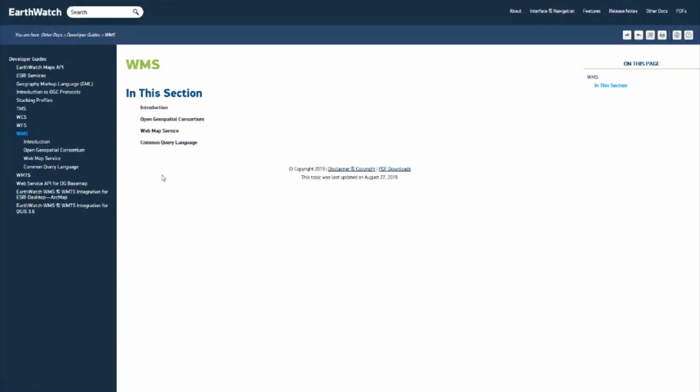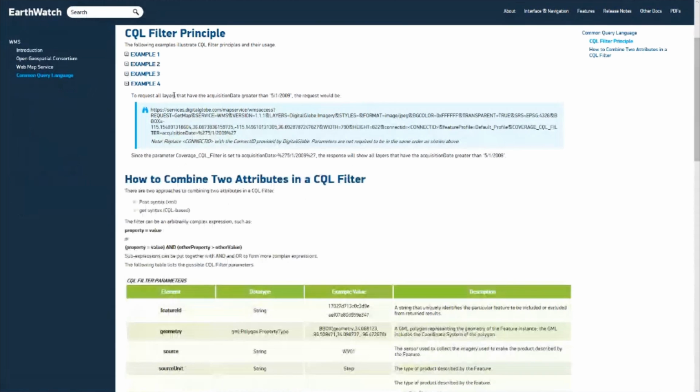So here there is all the sets of parameters with the data type and example if you want to specify a specific bounding box or anything. There are even examples here. So here we have an example with an acquisition date greater than May 2009. Or the example here.